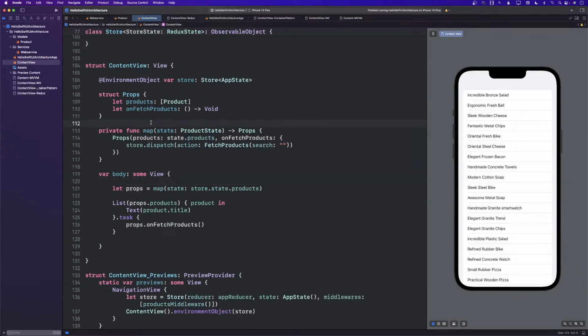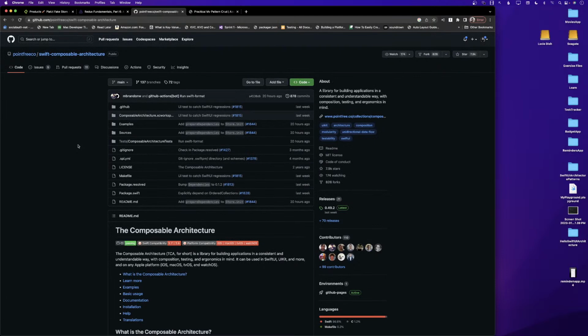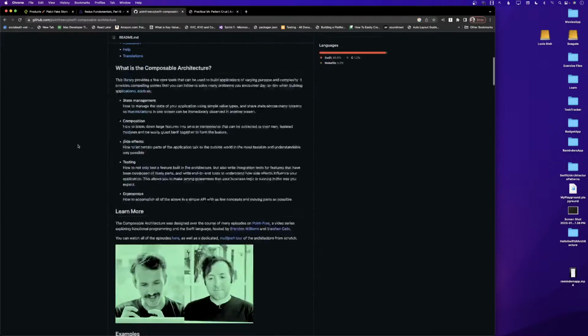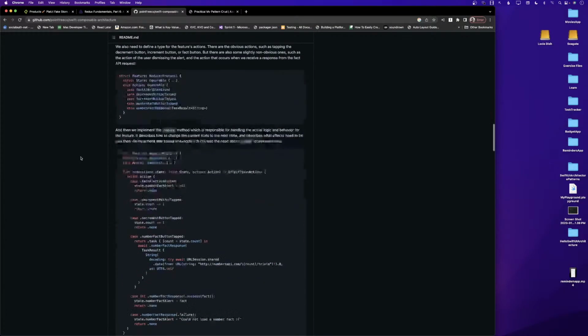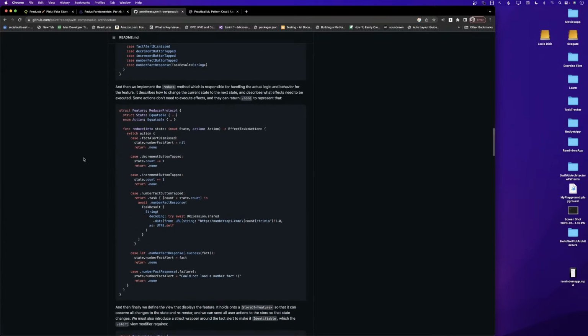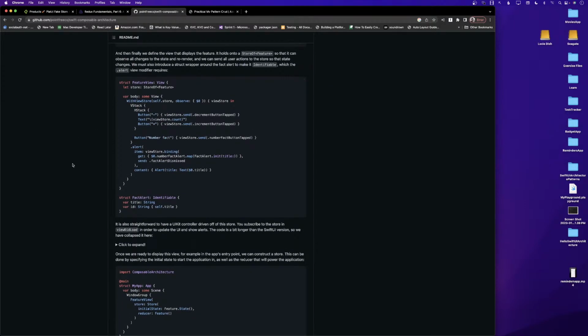This is Redux. The final one I want to just show you, and since I haven't really played around with it, is the Composable Architecture, also known as TCA. I have not really played around with it, so I can't talk much about it. But if you look at the code, it looks very similar to Redux, right? So what I think they have done is they have created this composable framework, which allows you to perform things like dispatching an action and middleware and async actions, which are kind of baked in. So if you want to try it out, you can definitely try it out.